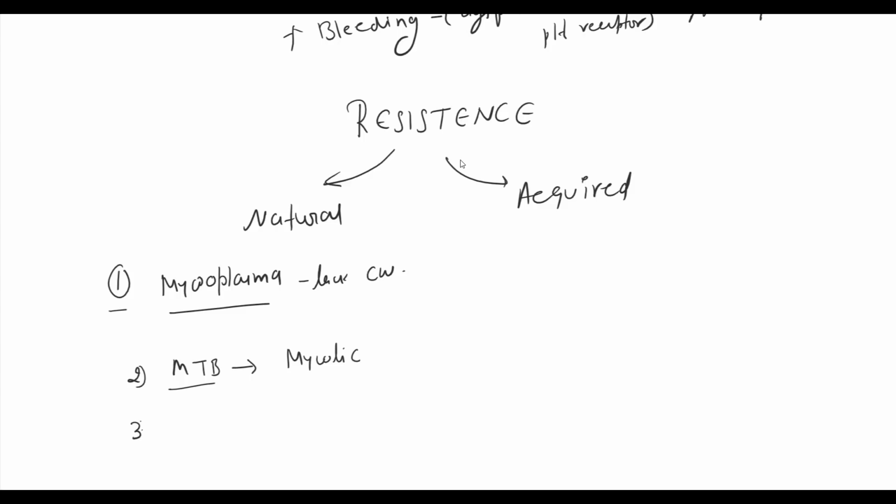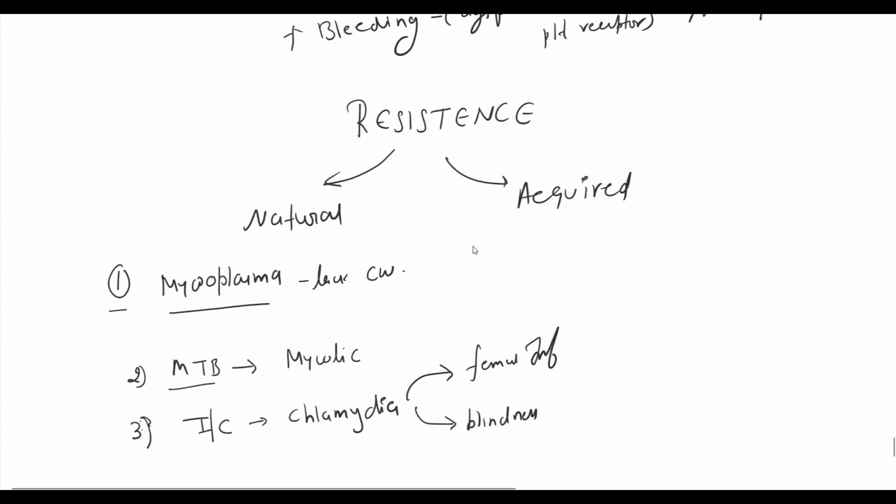As we discussed, penicillin is not lipid soluble, so it cannot cross the cell membrane and cannot kill intracellular organisms like Chlamydia. Chlamydia is the leading cause of female infertility and the leading infective cause of blindness. Resistance is acquired by production of beta-lactamase enzyme. Beta-lactamase is a large family of enzymes.